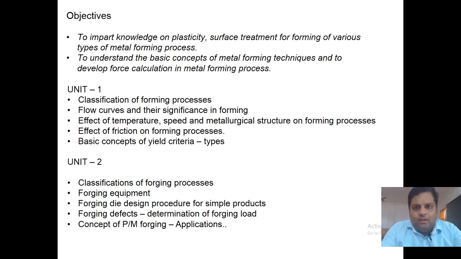of metal forming techniques such as casting, hot rolling, forging. We will be studying about them in this subject. We will know these things after studying this subject. The main objective of this subject is to know about the basic concepts that are involved in metal forming processes, in simple terms. Coming to the first unit,